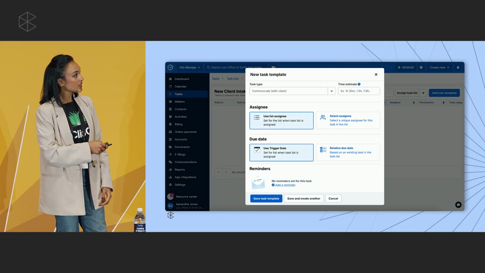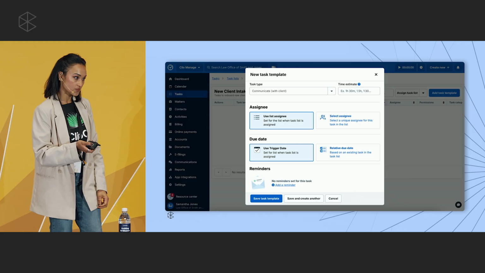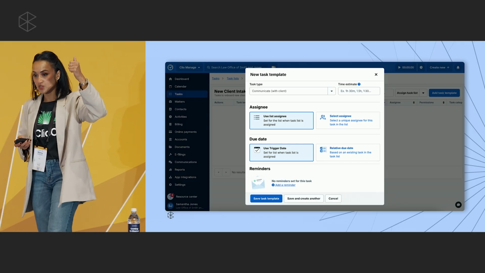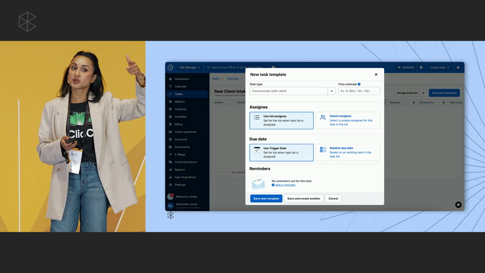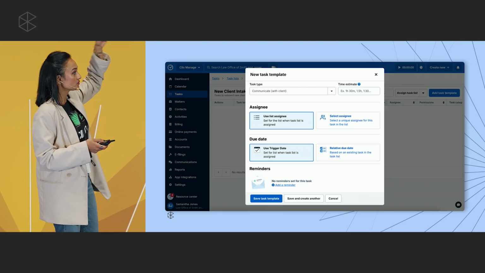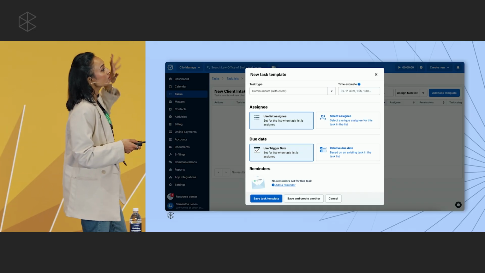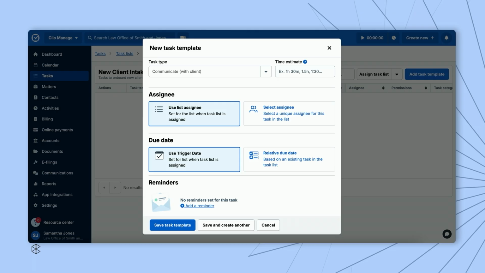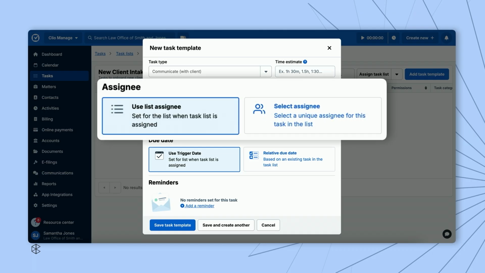And then from there, this is where things start to get interesting. So you've added a description, you've added some of the key details, dependencies, priority level, the type. Now, there are two ways you can go about assigning tasks in Clio Manage. The first one is list assignee. Use list assignee as it says, and I'll give a little bit more detail. Let's just say